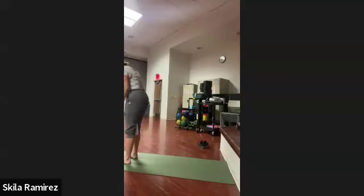All right, let's take a look at our feet, seeing that the edges of the feet are lined up with the edges of our mat. Shifting forward and back, spread out the toes,